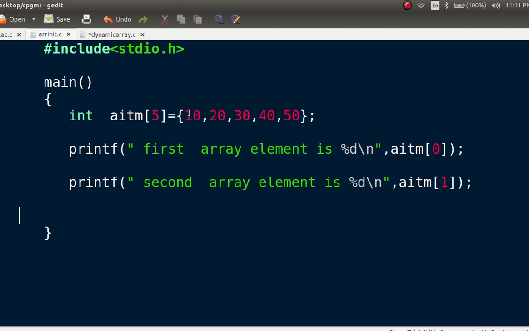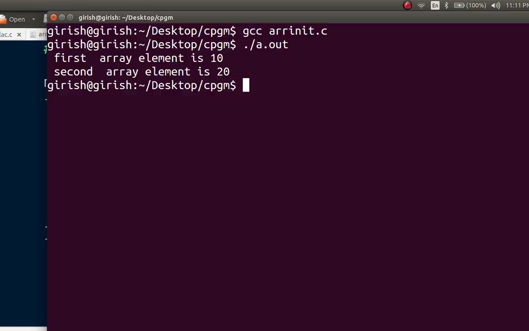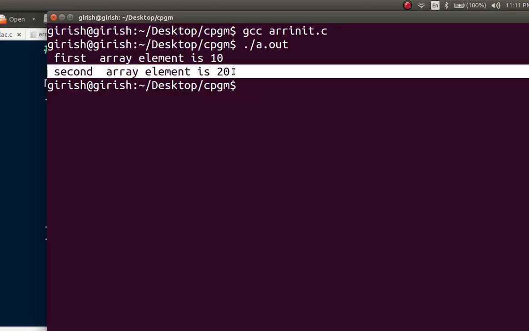I want to print 10 now. First we have to consider the index number. Index number is 0, so 0 I have written. And the second array element is 20. What is the index number? 1, so 1 I have written. So this is the output what you have seen here, 10 and 20.